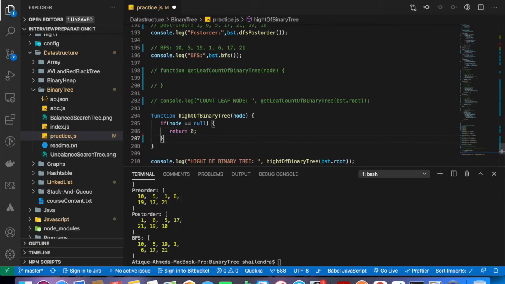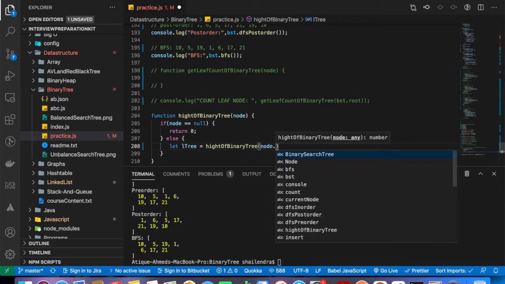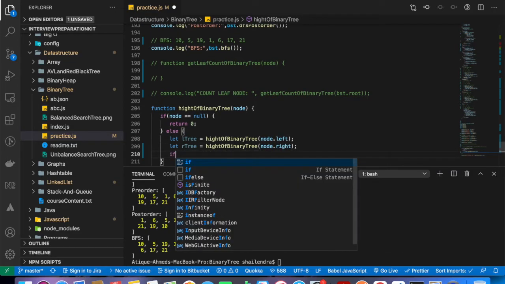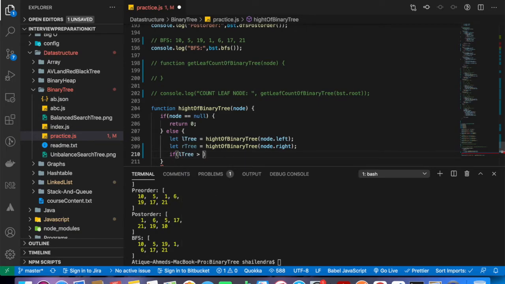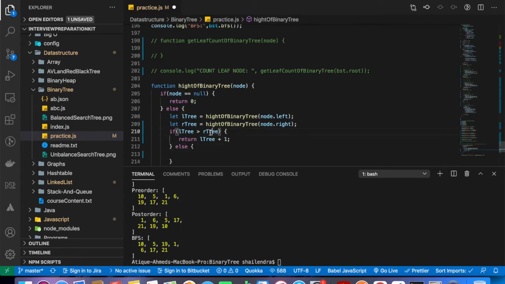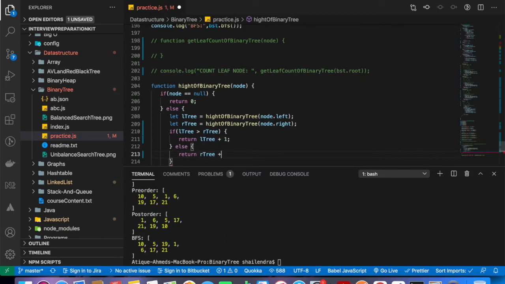If it is not, then else let lTree is equal to height of binary tree node.left, and in a similar way rTree will be node.right, and if your lTree is greater than or equal to rTree, then return lTree plus 1, else return rTree plus 1.